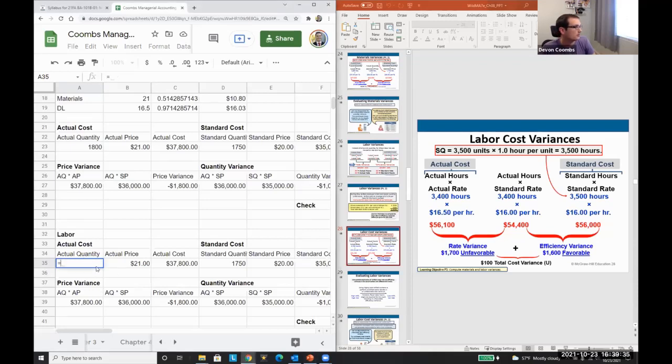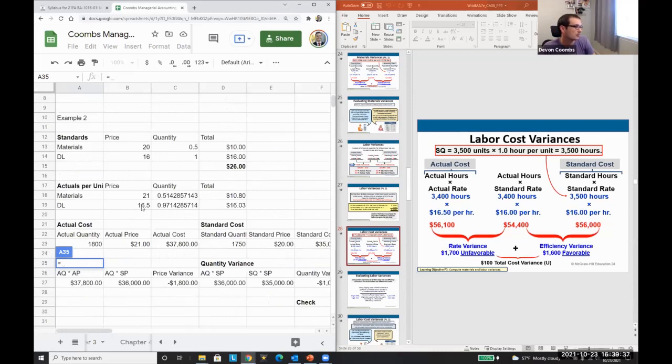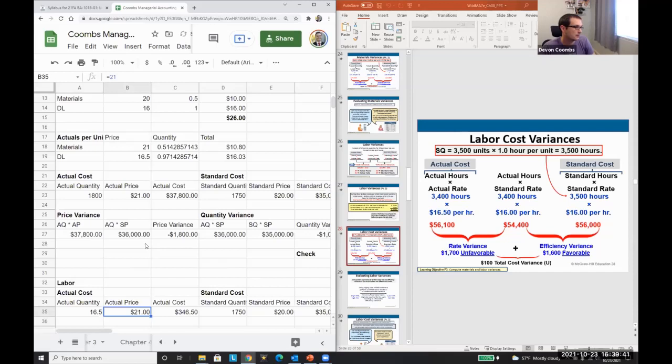Our actual cost is direct labor of 16.5. That's what we actually paid. Our actual quantity, oh, it says here 3,400 hours. That's our 56,100. Our standard quantity or efficiency, if you want, this is standard now, is our 3,500 hours